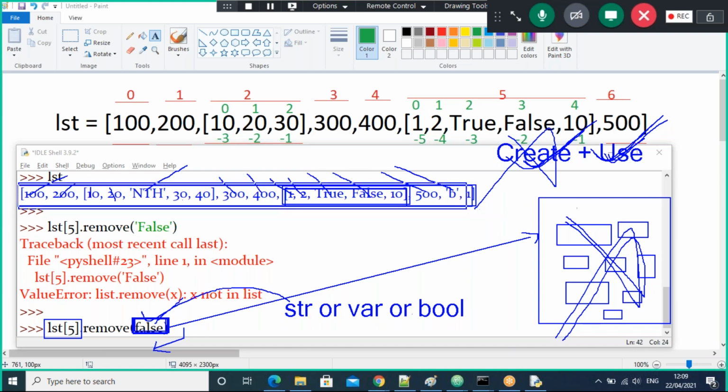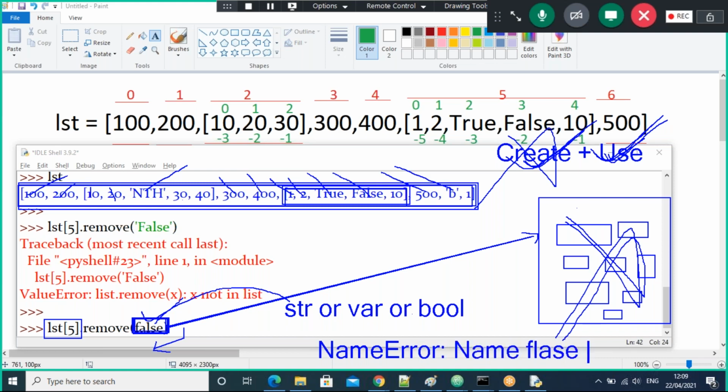So here all are values, guys, all different types of values. But this false is not a value, it's a variable. It's a variable because quotes are not there. Go to memory and check where the false variable is. The false variable is not there. So it says that the false variable is not created, but is being used directly. How is it possible? So it will throw an error, right? NameError, guys. NameError.